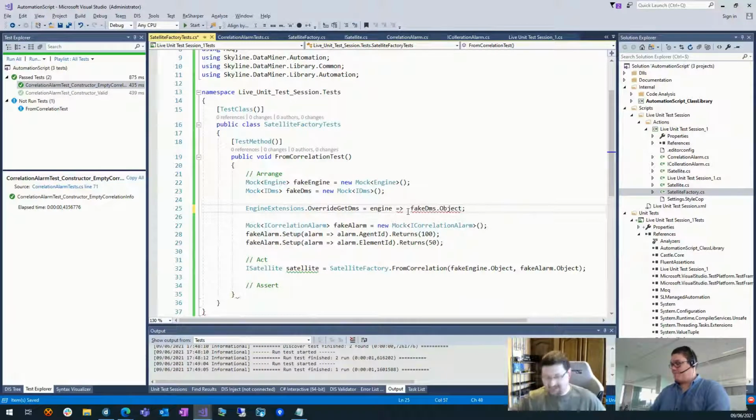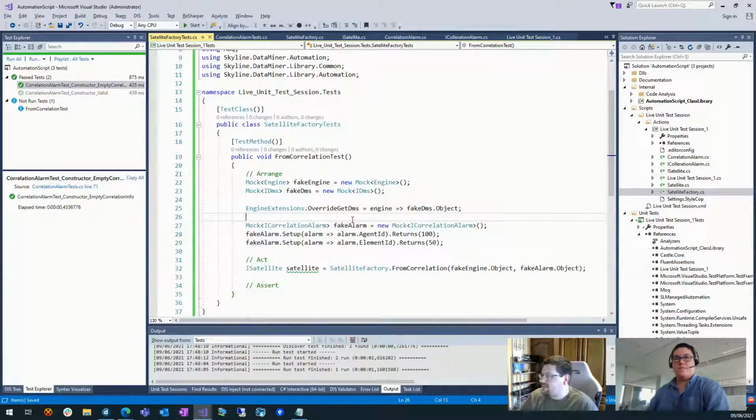I'm actually learning a lot here as well. I can't keep up with all these fancy new C# things. So we're returning the fake DMS object. And now we're in business, because every time someone does engine.getDMS while running this unit test, we return our own fake. So now we don't need to worry about SLNet and all of that stuff.